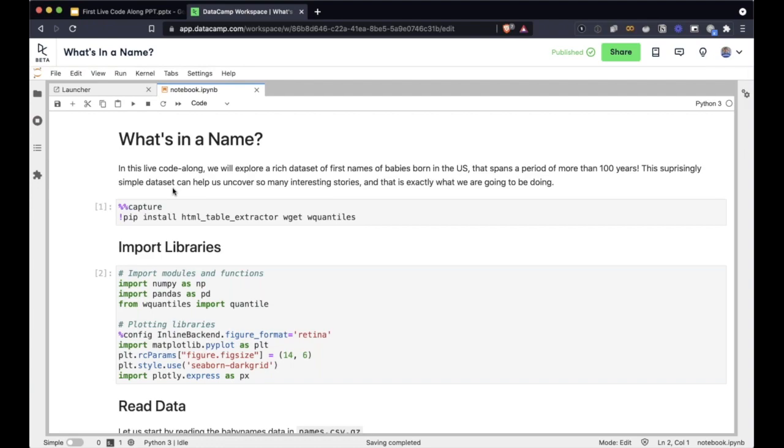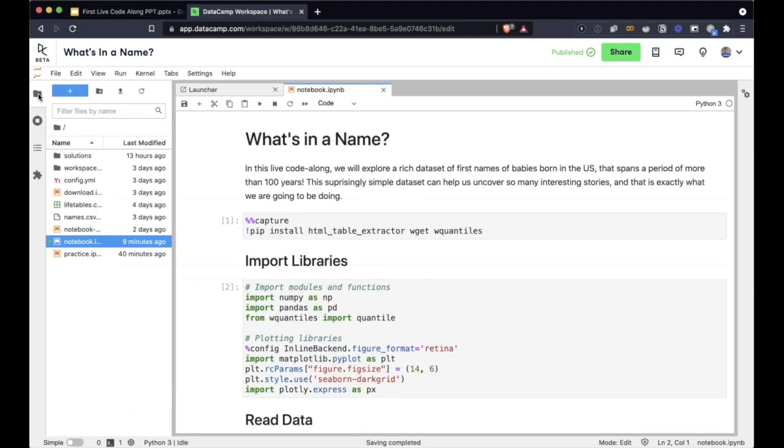Just a quick tour of JupyterLab. If you've not used JupyterLab before, it is one of the premier data science IDEs. You can do a lot of interesting stuff. You can write code, you can run code, and it really gets you going in a big way. If you opened this whole workspace, you will see a screen that looks like this.